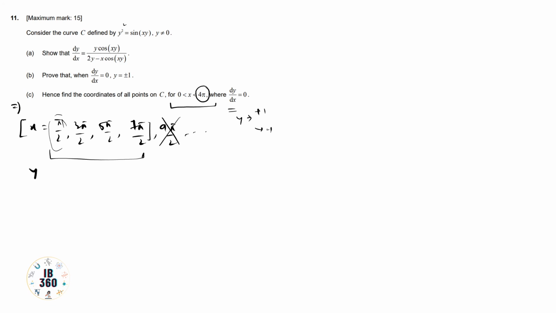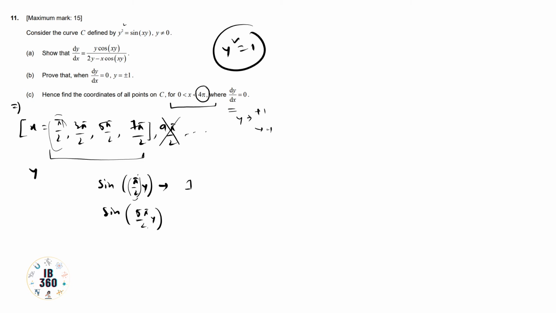If you can see sine pi by 2, and it is sine 5 pi by 2 into y, then obviously this is the value where it is sine pi by 2, and this is 5 pi by 2. So for these values you will have the corresponding y value to be 1, because this is 1, this is also 1. In the equation, the value of y squared equals 1, so we need to find y from this particular equation, so the y value must be 1.